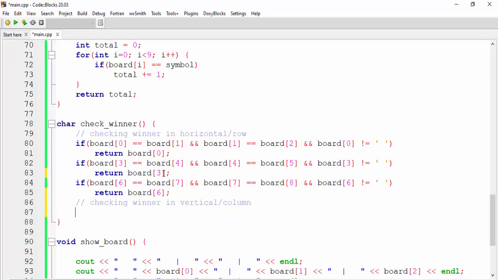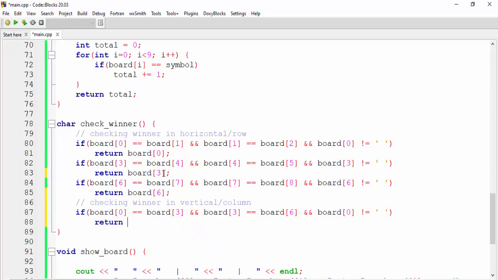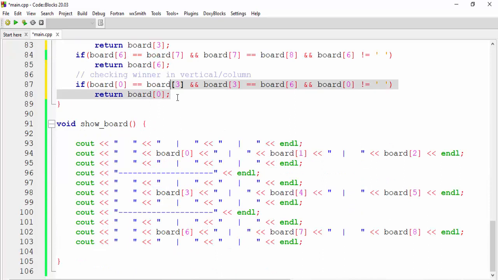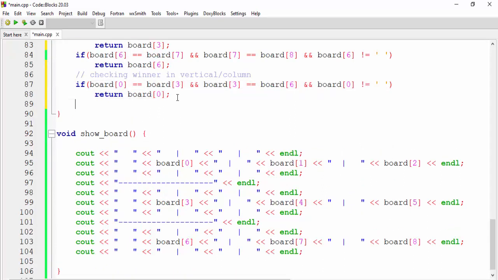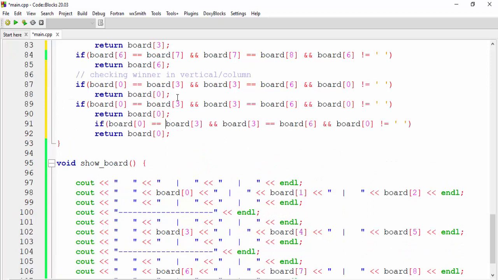Now to check vertically, we say that if board of 0 is equal to board of 3 and board of 3 is equal to board of 6 and board of 0 is not equal to an empty space, then return board of 0. So what I will do, I will copy this statement, paste it right here, paste it right here. Okay, now we just need to change the index number. So here we have checked for board of 0, board of 3 and board of 6.